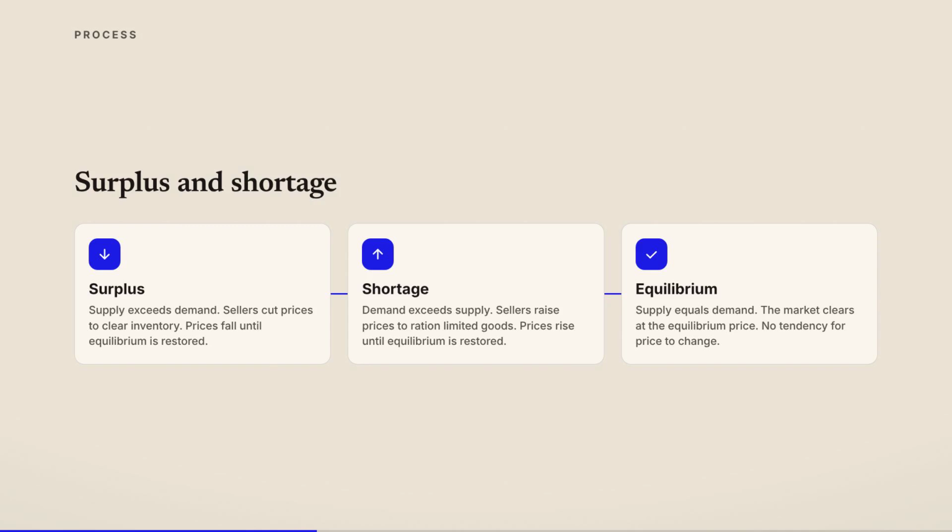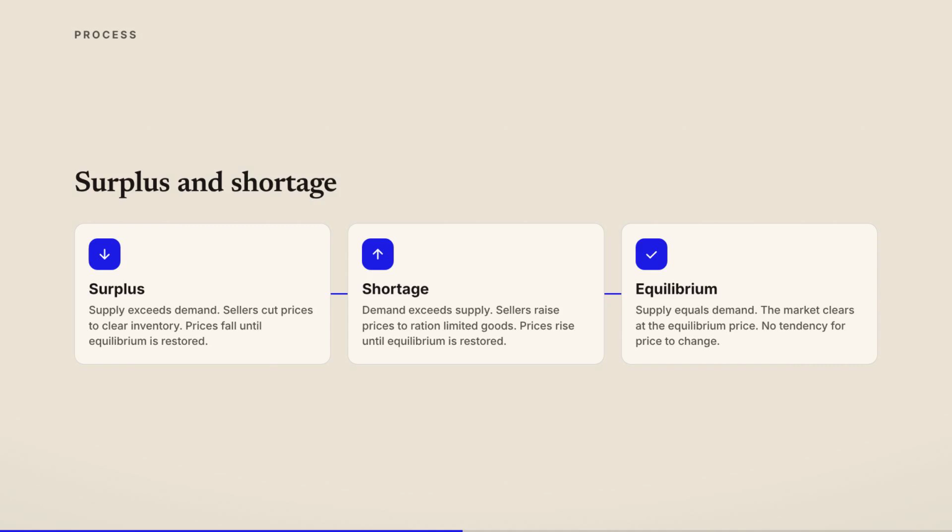A shortage is the opposite. Demand exceeds supply. This is where things get interesting. Let's talk about one of the most vivid case studies in recent history, the toilet paper shortage of 2020. When the pandemic hit,